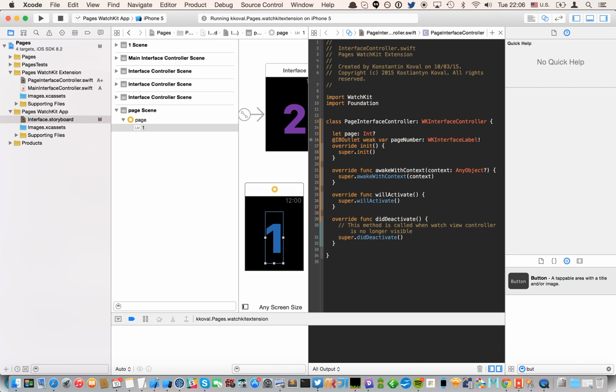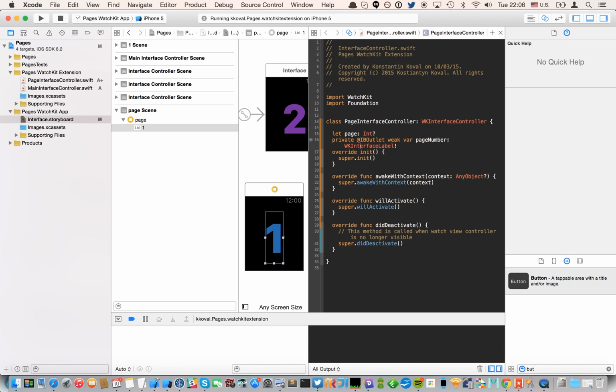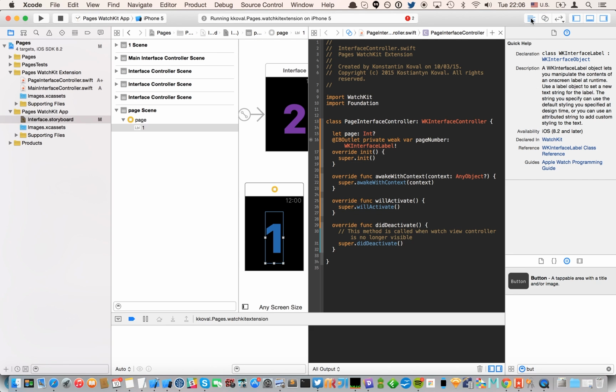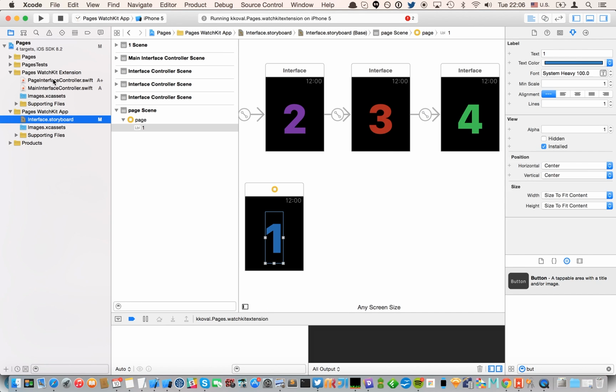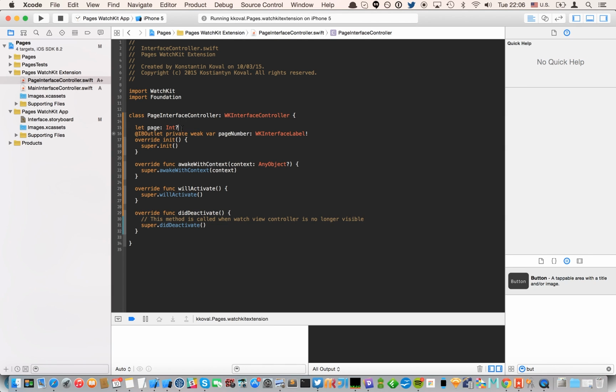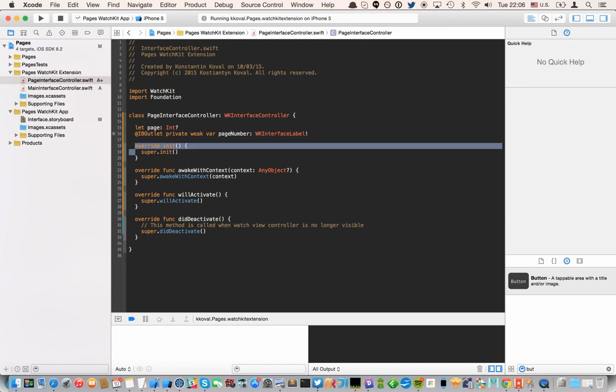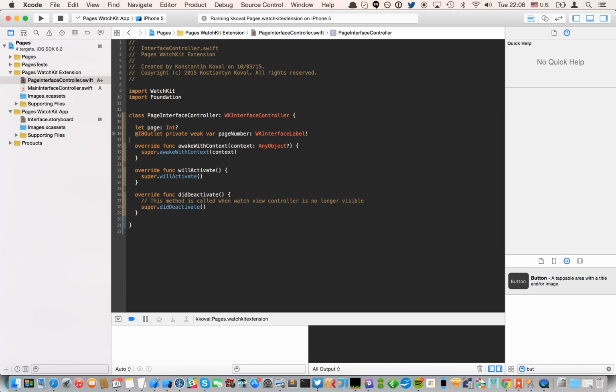And we should make it private. Usually keep your IB outlets private. I think it should be here after IB outlet. And we go back to page. Yep. And we don't need an override method, but what is interesting here is when